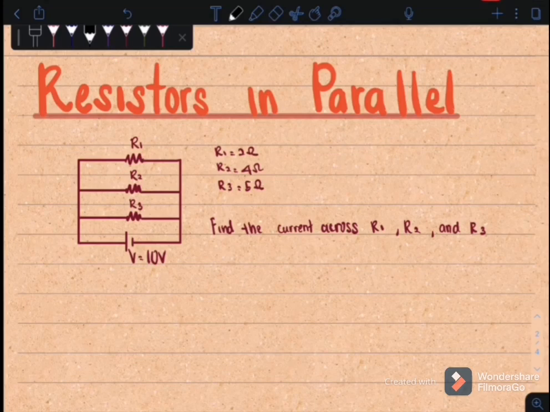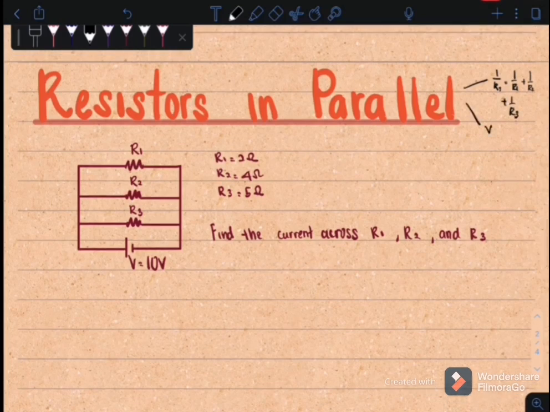So we have three resistors, R1, R2 and R3, that are parallel to each other. We know that when resistors are parallel to each other, the characteristic becomes 1 over R total is equal to 1 over R1 plus 1 over R2 plus 1 over R3, whereas the voltage from the power supply is equal to the voltage across each of the resistors, and the currents